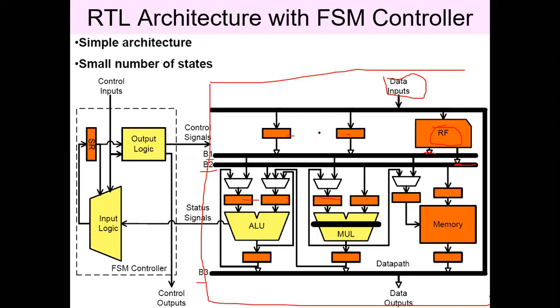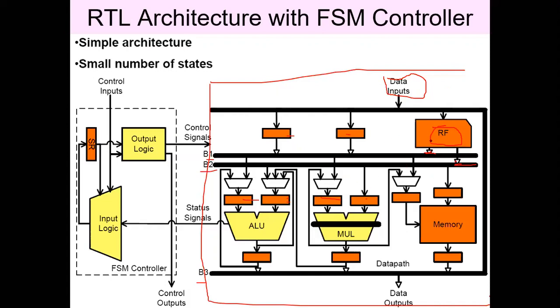So this is the data path. We have explained that the data path consists of different registers as well as functional units, right? Here in this diagram, we are considering a register file for storing the different registers. A register file means it will have n memory locations available, and those can be accessed through the buses of this particular data path.